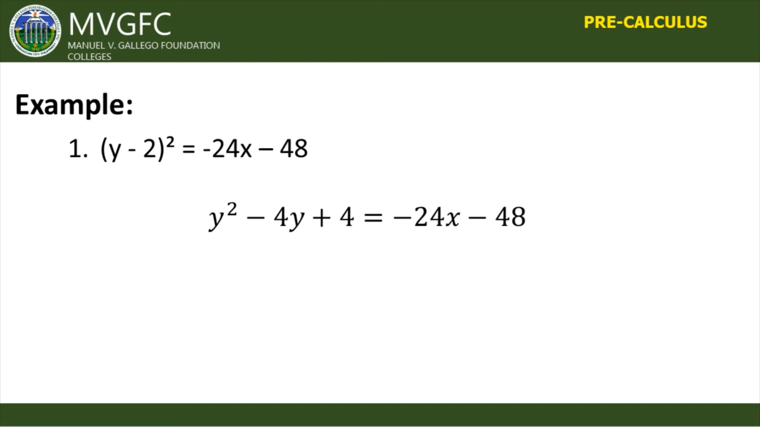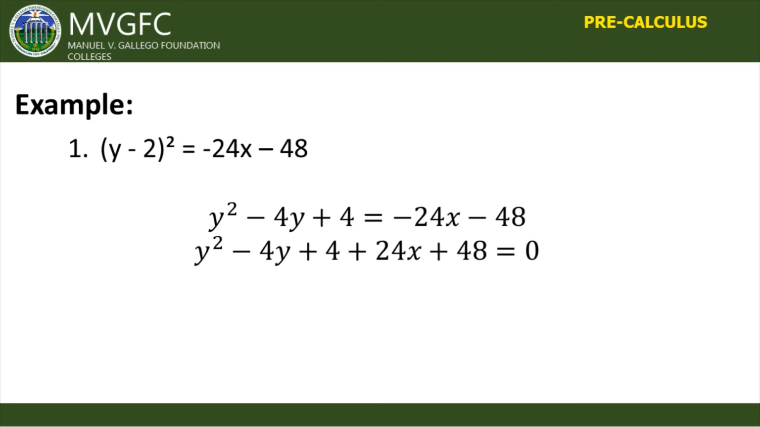So, the next thing we need to do is to transpose all the terms to the left side of the equation. That's why we have now y squared minus 4y plus 4 plus 24x, from negative it became positive, and plus 48 is equal to 0. Don't forget that every time you transpose an equation or an expression, the sign will be changed. So once again, I always remind you, you can use the addition property of equality. However, it is easier for most to use